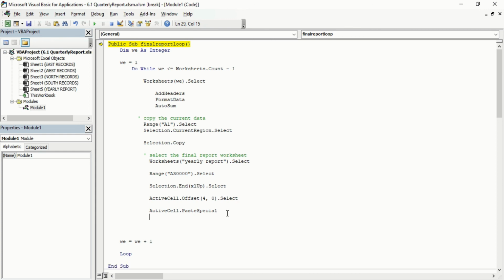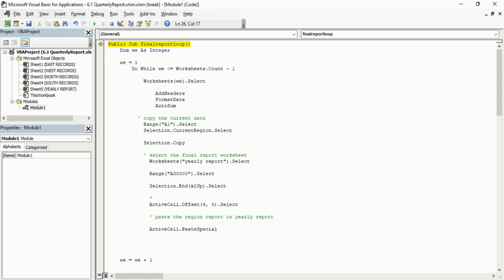Now everything is done, so we will write a comment about it. Paste the region report in yearly report. It is not important that you write it, but I must emphasize that you should write it. So this is for it will go down